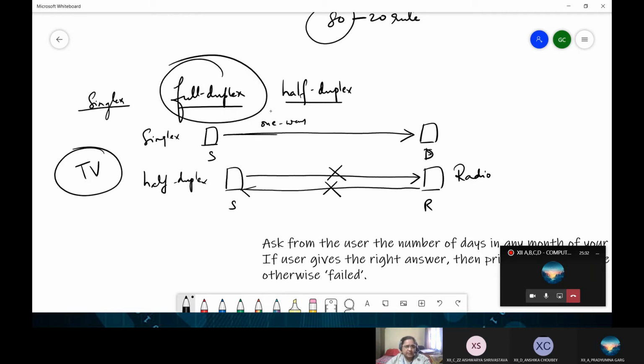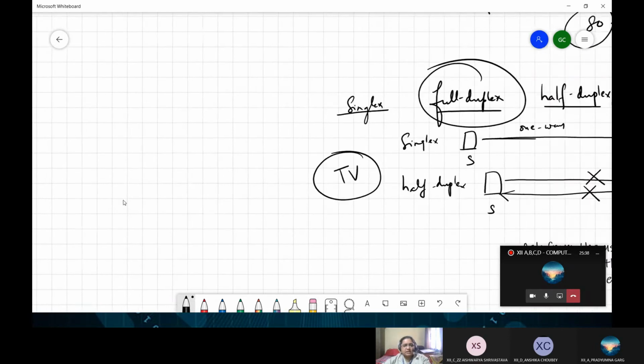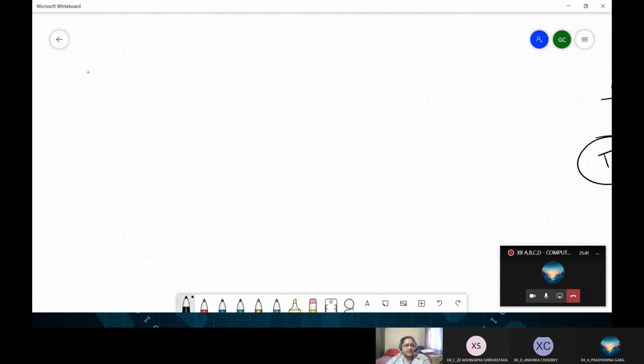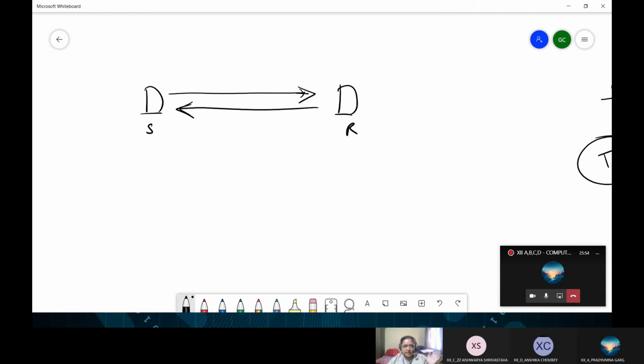And what is full duplex? Normally your hub also follows half duplex communication, because of which communication is very slow. Whereas full duplex communication means data travels simultaneously in both directions. At the same time, without breaking the communication or connection, the communication can continue simultaneously in both the directions. So a two-way simultaneous communication takes place, and this is known as full duplex communication.